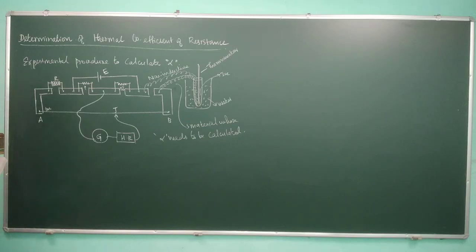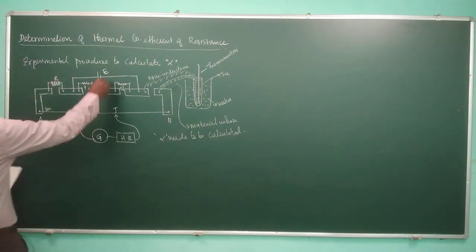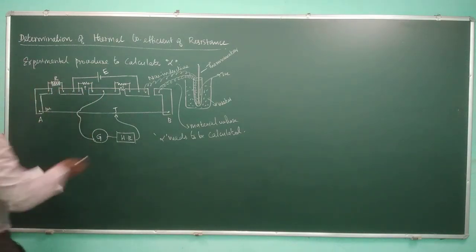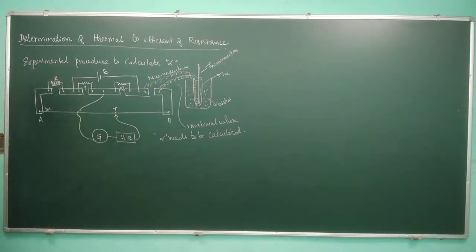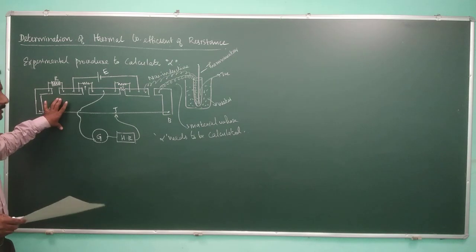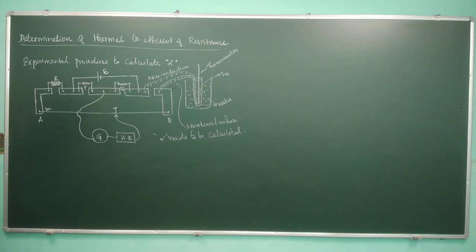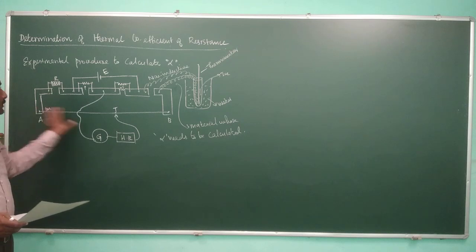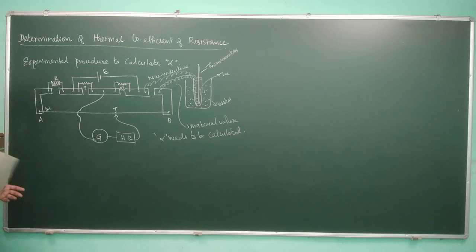Now what are we going to do? We are going to calculate by switching on this key. At 0 degree temperature, there will be a resistance in this wire, and you can calculate the balancing length. And you can increase the temperature. You know how to use the Carey-Foster bridge. If you are increasing the temperature, this resistance will also change, so you can do the procedure to calculate the unknown resistance using the method that we discussed in the previous lecture. If you have doubts, you can refer to that.